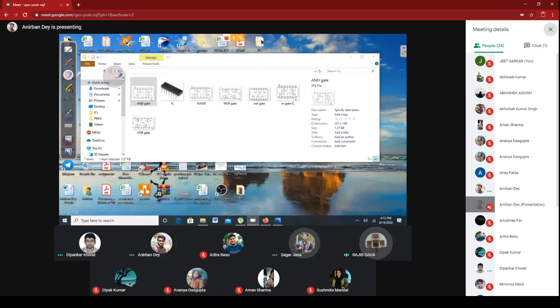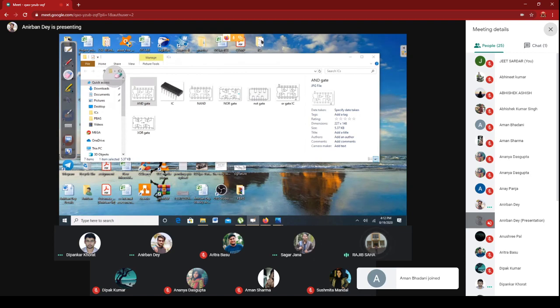So let me clear that. To work the IC properly, you don't need to connect it with your PC or laptop. If you want the IC to work properly, we just need a power supply where the circuit is there, where you can give the power supply to the VCC. Am I clear? Yes, sir. So there is a thing called a breadboard. In the breadboard there is an integrated circuit.